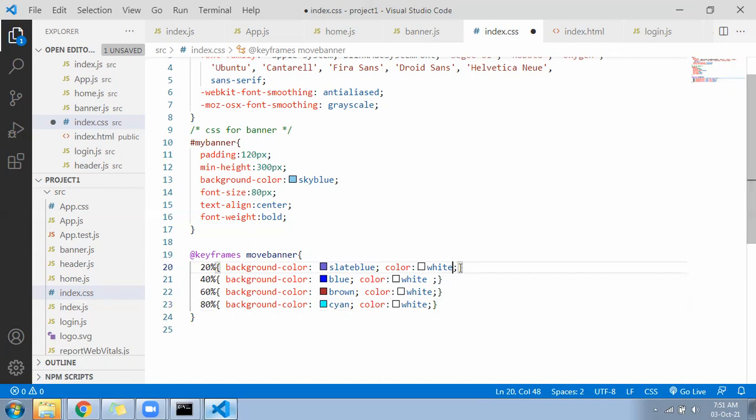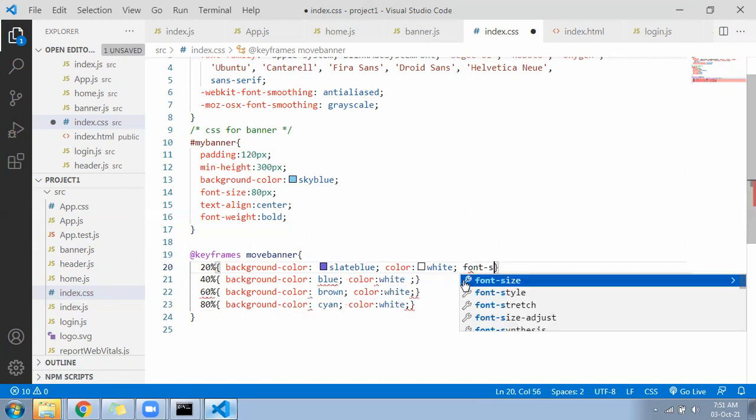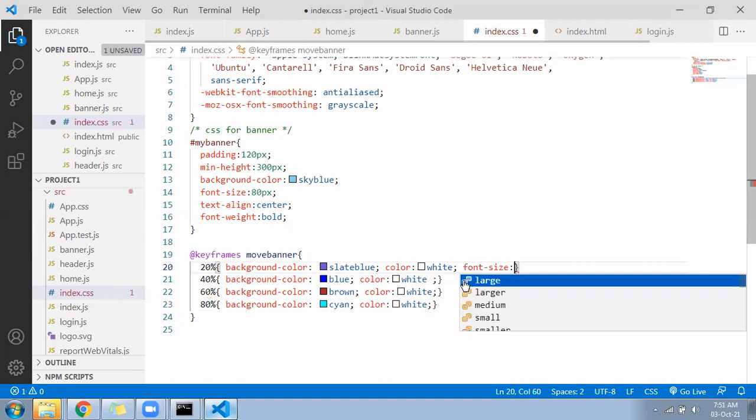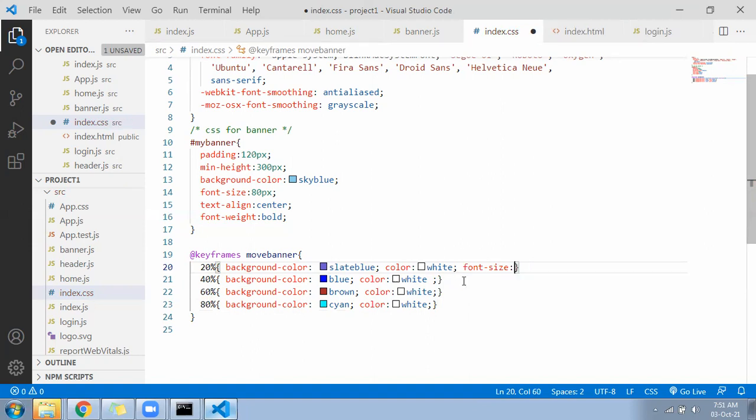Let's modify the font size. Font-size will become directly 40 pixel. Next will become 50 pixel. Next will become 60 pixel font size.